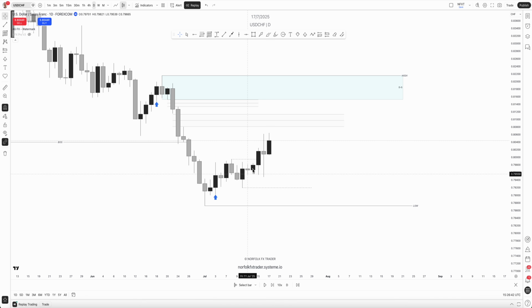Last time we made a pullback before we ran. And that's how you can find those counter trend trades. So let's see, and we do. We pull back, we run towards this low. Let's see if this is going to be a sweep or a push through. It's currently swept it and we held. So now we're looking for continuation, not only to run for this imbalance, this hidden zone of imbalance, but also